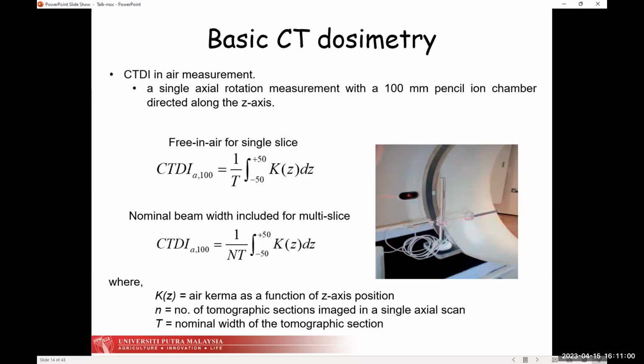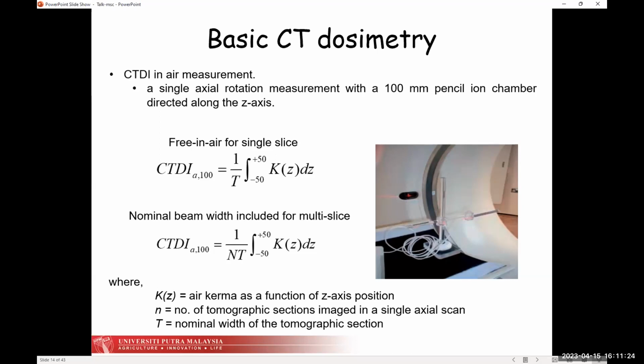The very first measurement is CTDI 100, because for the single slice, we integrate the dose profile from -50 to +50 because of the 100 millimeter ion chamber,